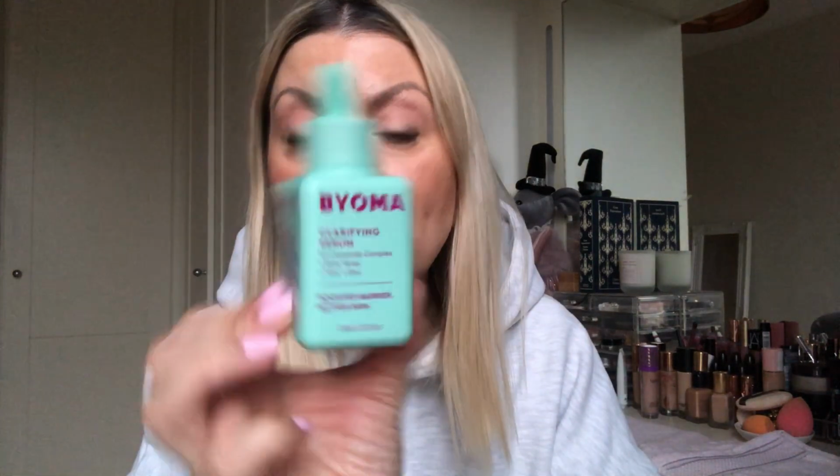Then I use, it depends. So in the morning, I will wash my face with the Youth to the People face wash. Then I'll go in with a serum, and it's usually this Bioma clearing serum. This is my second bottle, clarifying serum. It's really good. I like this. I'll usually go in with this and then my SPF,